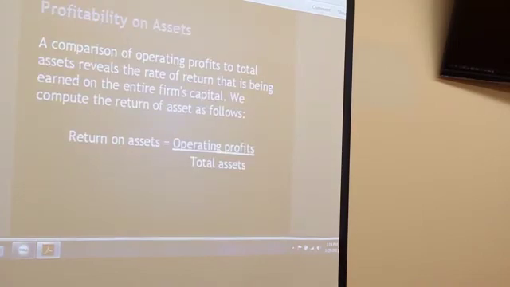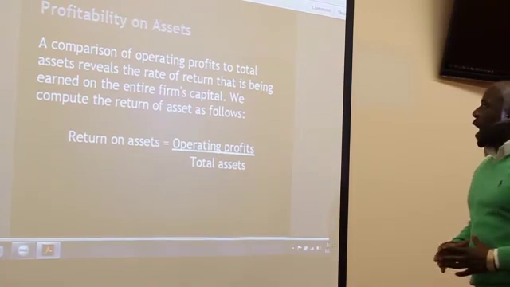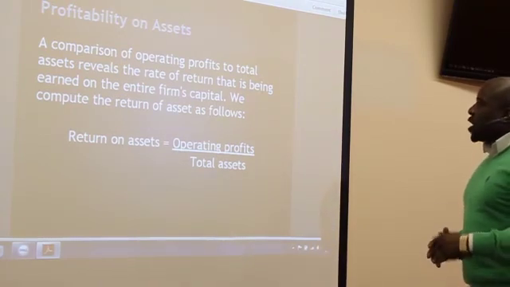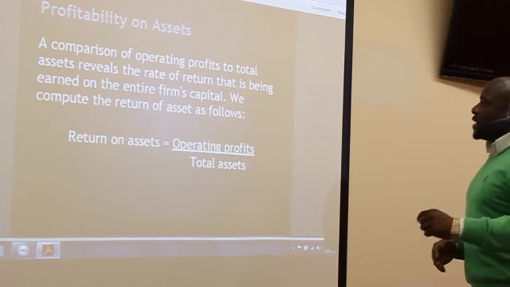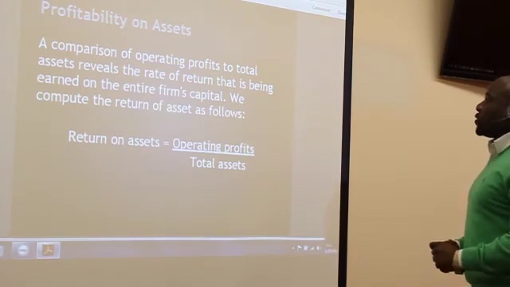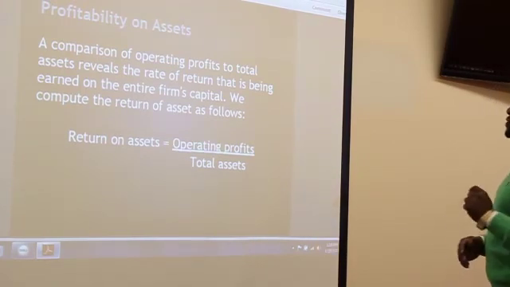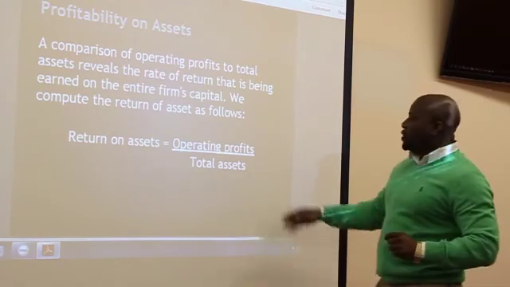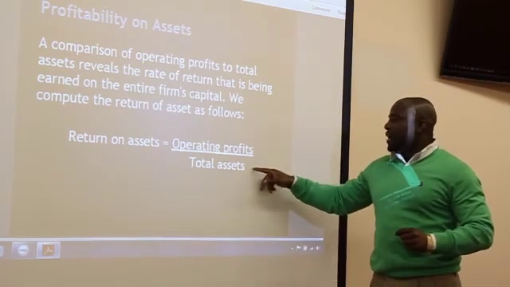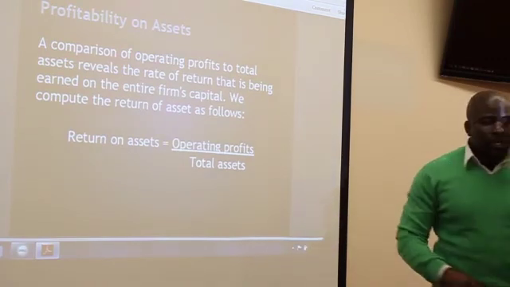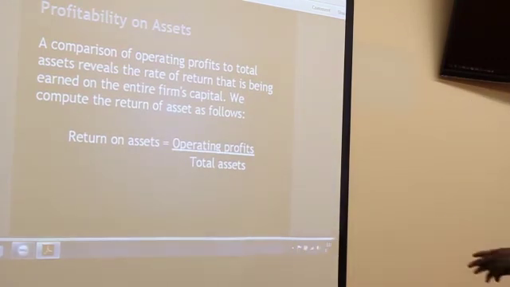Now, let's talk about profitability of assets. Here, we're going to go over this ratio. A comparison of operating profits to total assets reveals the rate of return that is being earned on the entire firm's capital. We compute the return on assets as follows. Return on assets, you would use operating profits divided by total assets. As we talked about in the earlier slides,